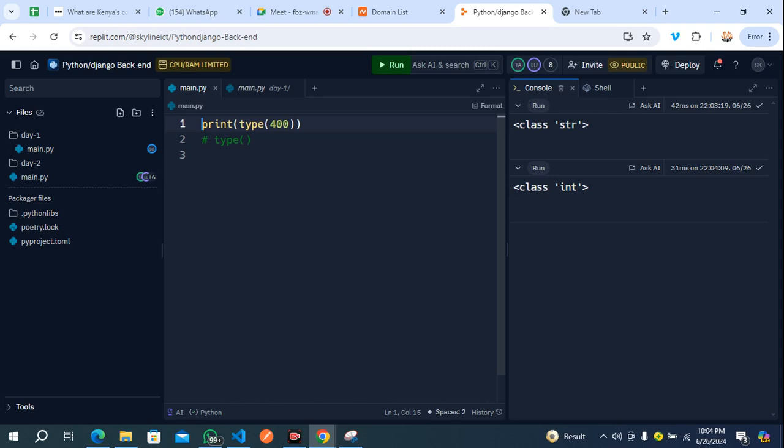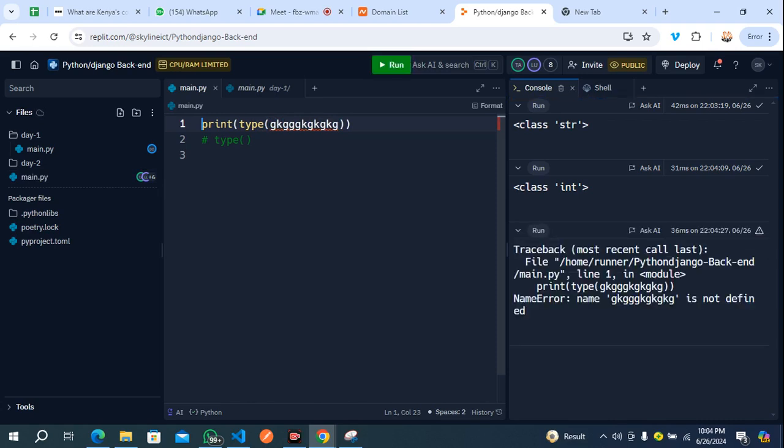Now, when an object does not have a type and you try to use it, when you run it, that means we have violated the rule. Then our grinding machine has crashed because this machine is not meant to handle this kind of object. So you are seeing here a name error: GGGGTG is not defined. It's not defined.